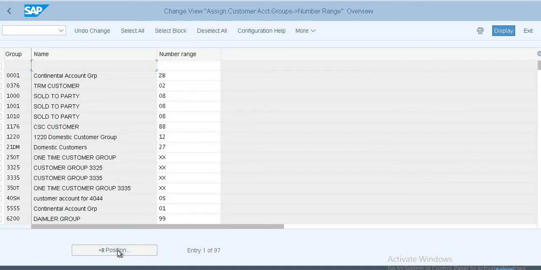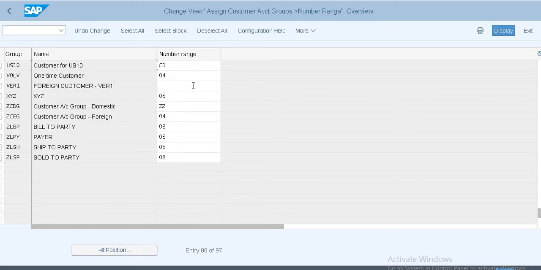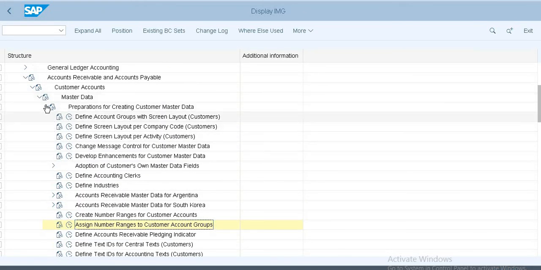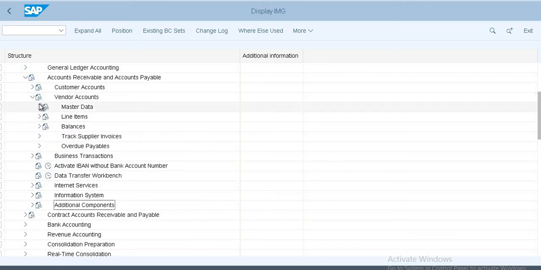And I assign this number range to our group. Now I have not chosen that the number range is external, because we are using a BP number and the vendor or customer number that is different. In the same way, this is for the customer. If you go for vendor,